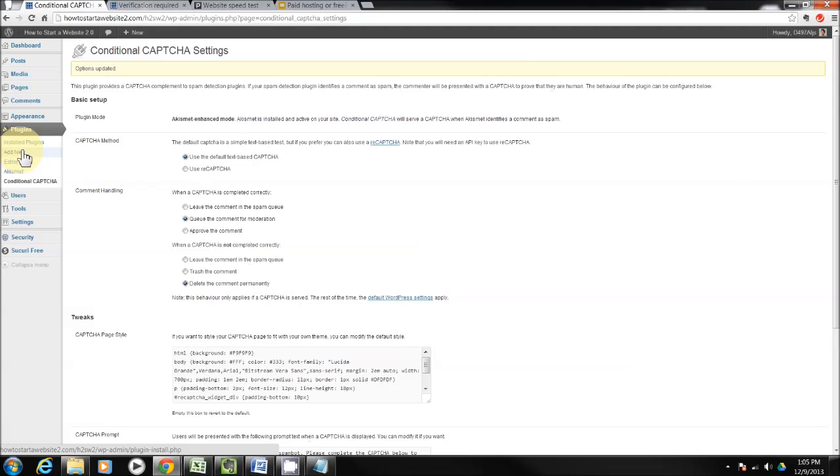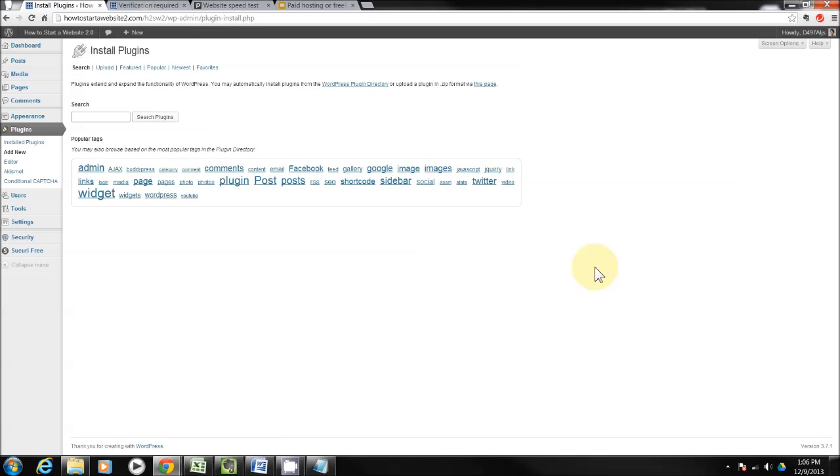So we go back to our dashboard on the left-hand side, and under plugins, we're going to click Add New again. Now, one of the first pages that I recommended that you create back in the very beginning of content creation, before we got started, was a contact page. But the problem with that contact page was you didn't know how to put a contact form in place in order for people to actually fill it out and send you information,